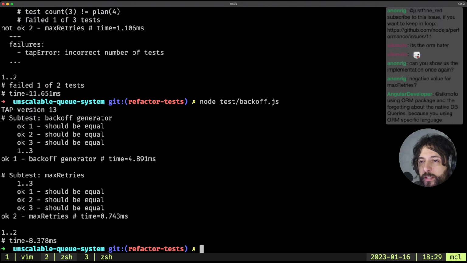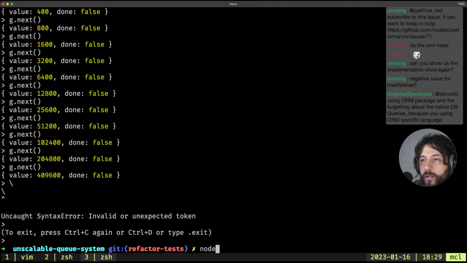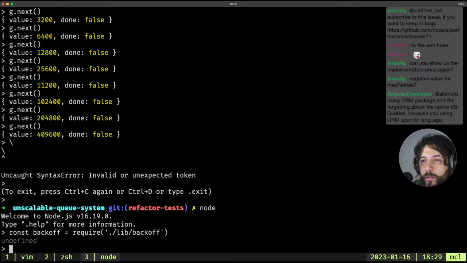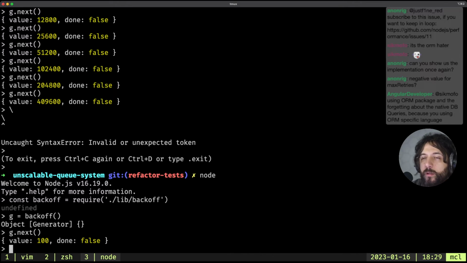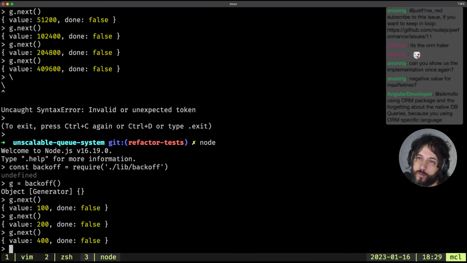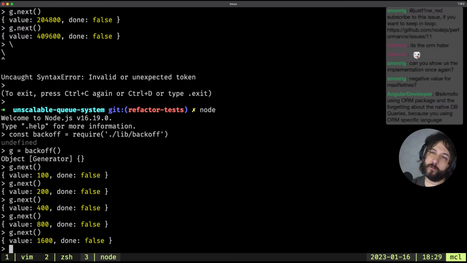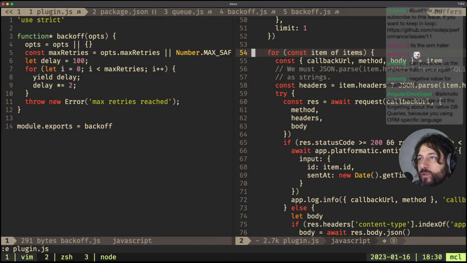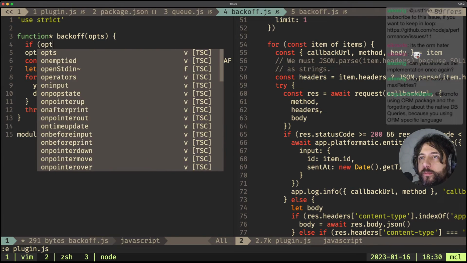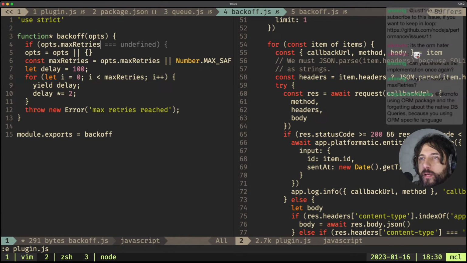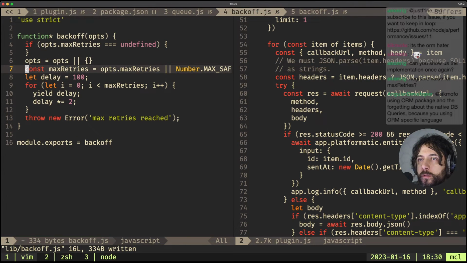So let's see one thing. Node. So if I go to backoff, so if I go to next 1, 2, 3, 4, and 5. Okay. So we are calling it 5 times, or maybe 3 or something. Let's call it with a max retries of 3. Here we want opts, max retries, and if